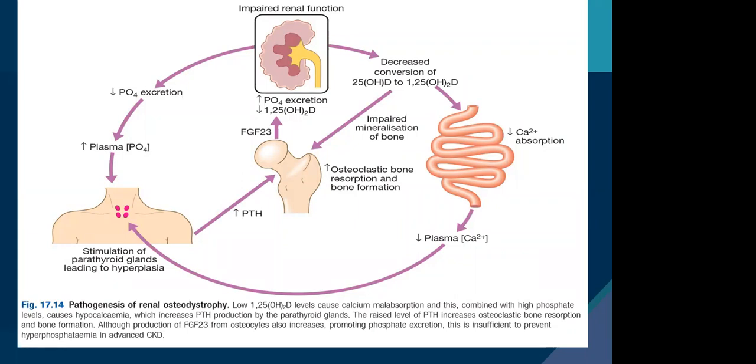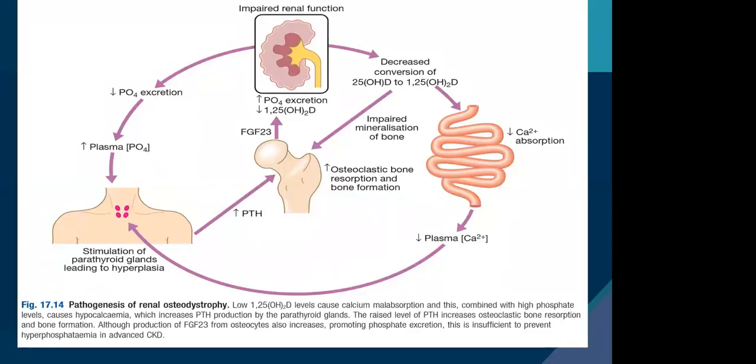So when this 1-alpha hydroxylase activity is reduced, it cannot produce activated vitamin D, which is 1,25-dihydroxycholecalciferol. This deficiency in activated vitamin D results in decreased intestinal calcium absorption, and resulting in hypocalcemia. This hypocalcemia signals the parathyroid gland to increase its activity by increasing PTH, parathyroid hormone, secretion. The PTH attempts to correct the hypocalcemia by increasing bone resorption, resulting in osteolysis. So it tends to correct the hypocalcemia in the blood, but we end up with the secondary